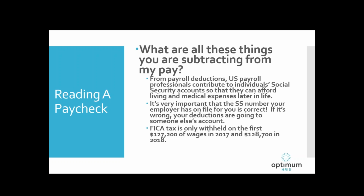They may not understand Social Security tax. It's withheld from their checks so that American workers can afford living and medical expenses later in life, especially when they retire and no longer earn a paycheck. That's why it's very important that the Social Security number these new hires give the employer is correct. Otherwise, their deductions are going to someone else's Social Security account, and the money will not be there for them